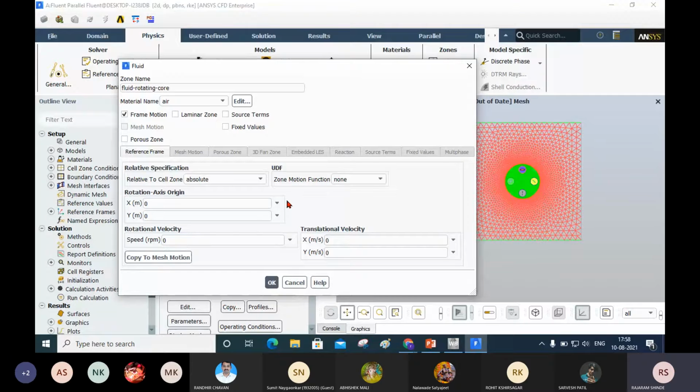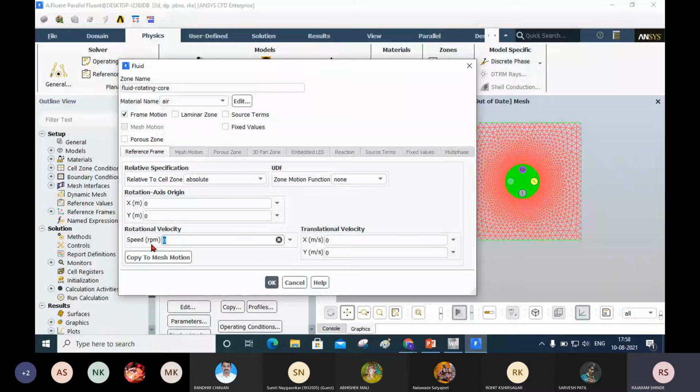Now what is the rotation axis? We have already seen that the rotation axis is passing through the origin. That means it has x coordinate 0, and y coordinate also 0. After that you have to enter the rotational speed, and it is in rpm, because we have changed the unit.